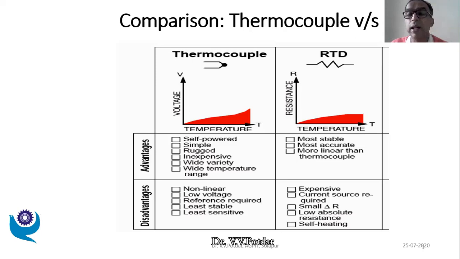If you recollect, we had seen the equation RT equals R naught into bracket 1 plus alpha T, where R naught is the resistance at 0 degrees Celsius. That resistance itself is very small, so the change in that absolute resistance is small. So we need the external circuitry in the case of RTDs.